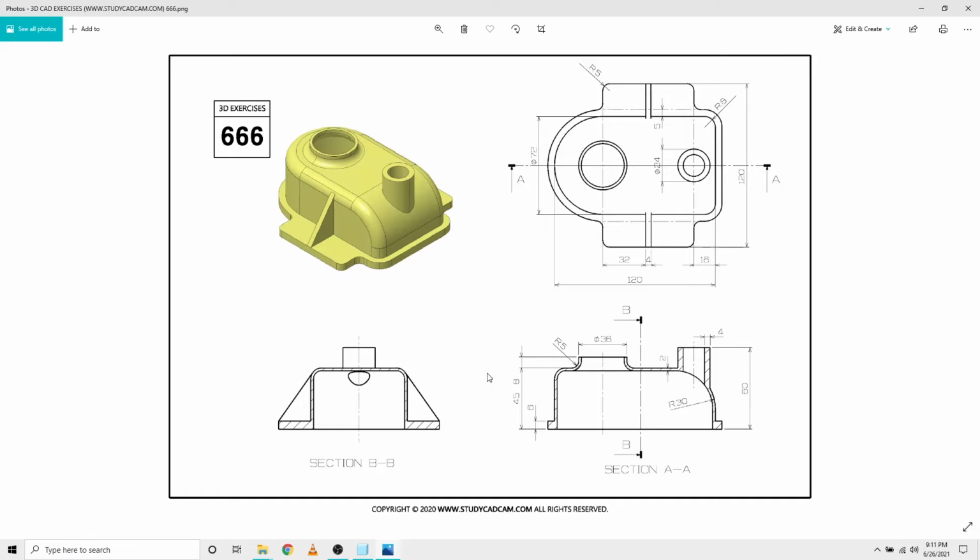So before starting to create a 3D model, you need to make up your mind and have an approach such that you have to go in a chronological manner. It doesn't affect the regeneration, or the functionality of the component. So let's get started. To start off, I'm gonna pick two basic dimensions, which are this diameter 72 and this linear dimension 120, that define the basic skeletal structure or the basic body of this component.